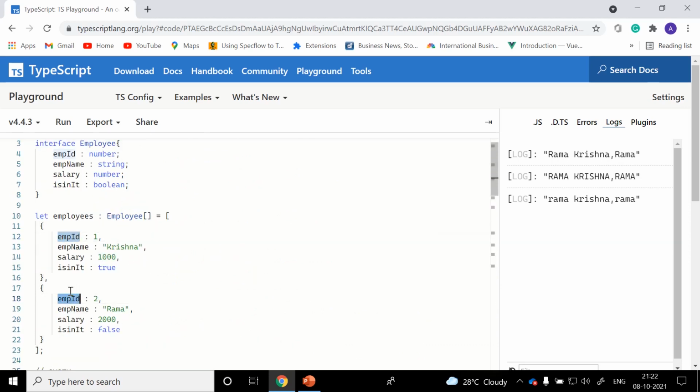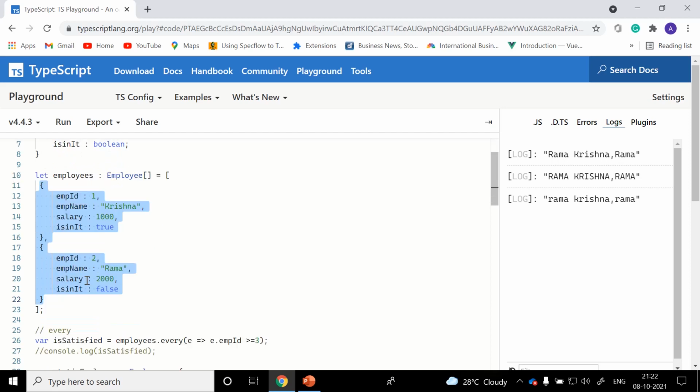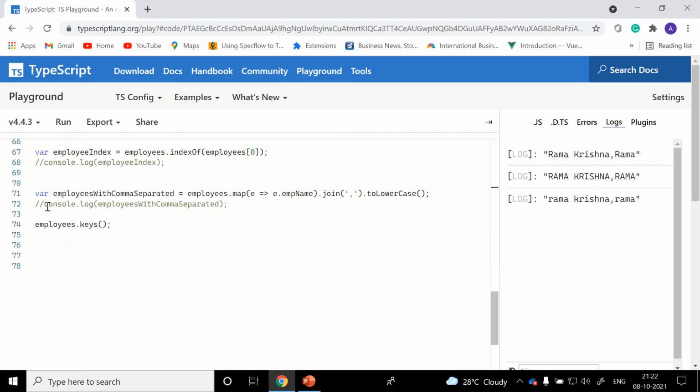If you observe here, we have two indexes: 0 and 1.